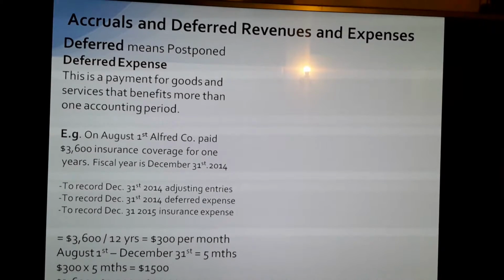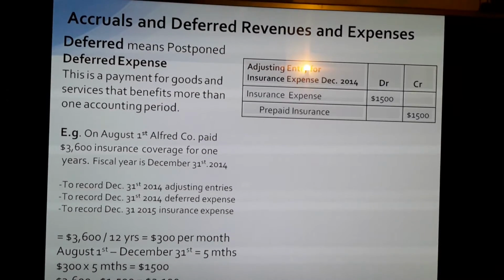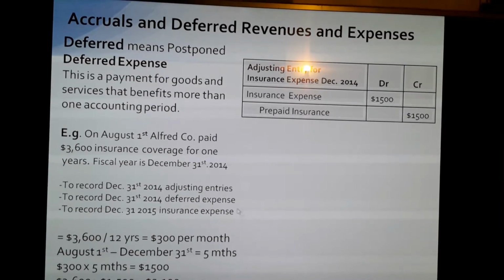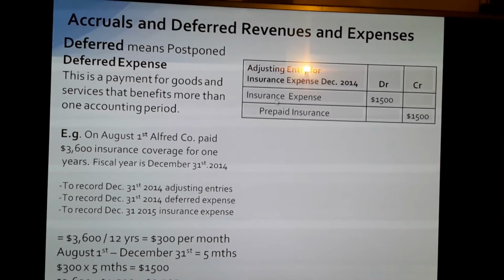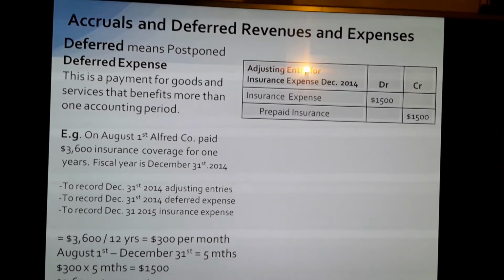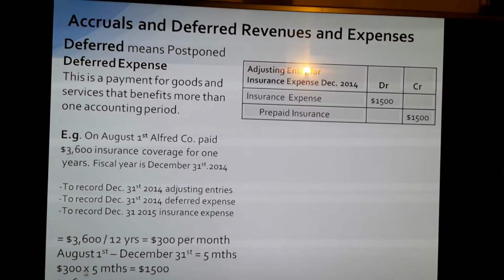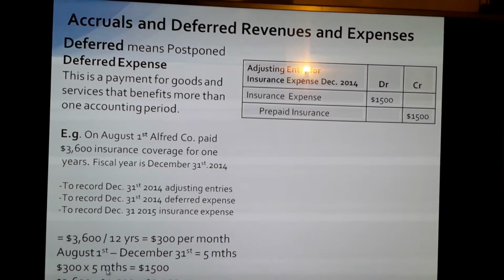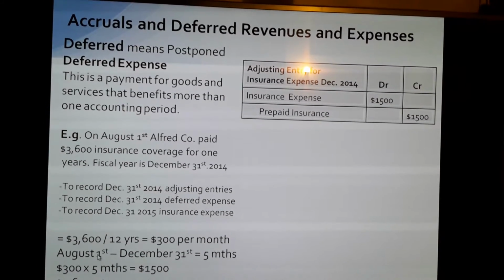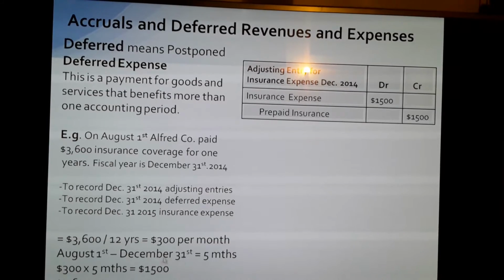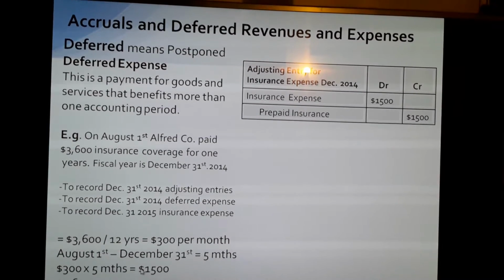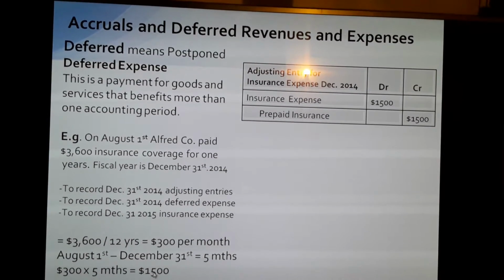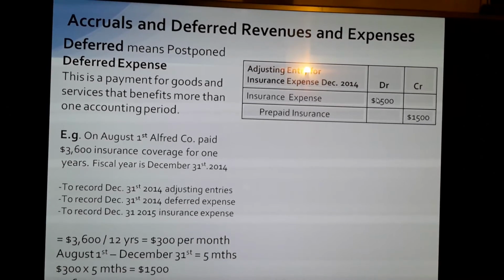Okay, so for us to do that, let's see how we do our adjusting entry for December. So our insurance expense is 1,500, which is 300 per month times 5 months. The 5 months come from August 1st to December 31st. It's going to give you $1,500, which is you debit insurance expense 1,500 and